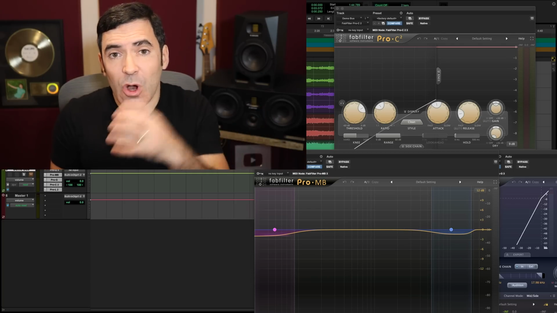And if you go too slow with the release time, things can start to get a little bit more veiled and a little bit more sluggish feeling. You can almost accentuate the bounce and the pulse of the track with a little bit of compression with a fastish to medium fastish release time. If you go too slow with your attack time, you don't really get the dynamic control you're maybe looking for